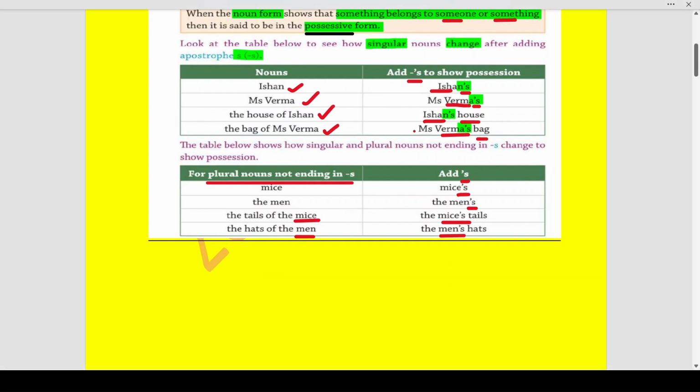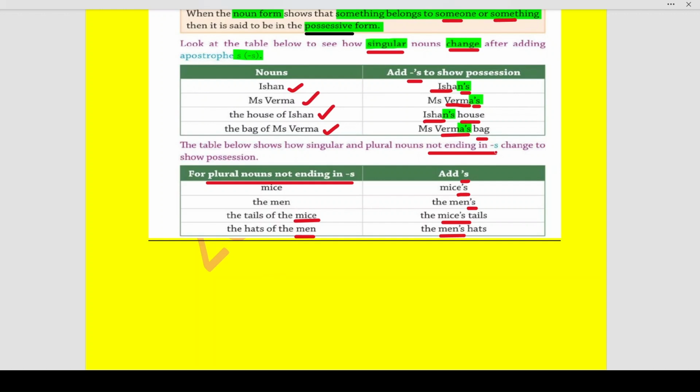Now, in the above table, we had seen how singular nouns change after adding the apostrophe S. Now, what do you understand by singular nouns? Nouns which are one in number. Like Ishan is one, Mrs. Verma is one, house of Ishan is one, bag of Mrs. Verma is one. Now, let us see from the second table how singular and plural nouns not ending in S change to show the